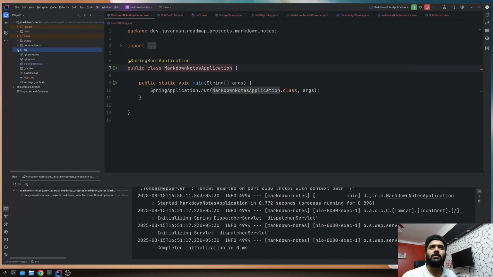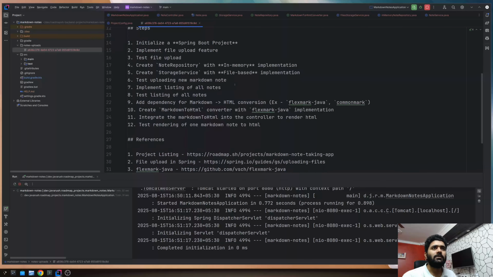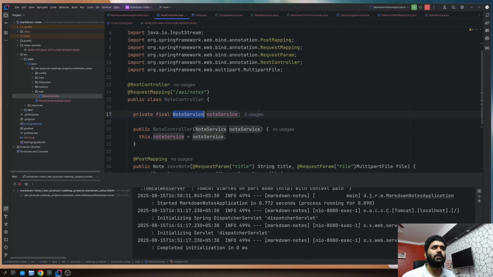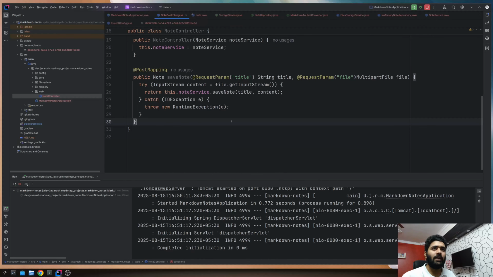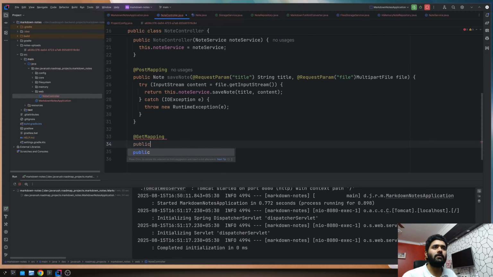the notes upload. Okay, we can see one file. You can see this is the same file. So this is working. We are able to upload the note. Now let's list all the notes. Listing of the notes would be pretty easy. So we will have just one get mapping, public,